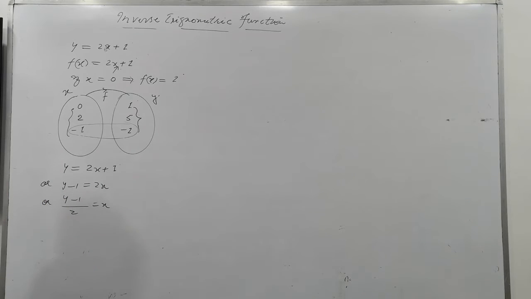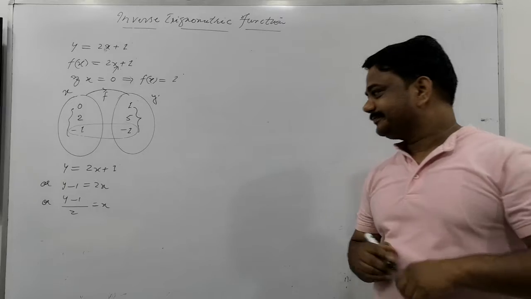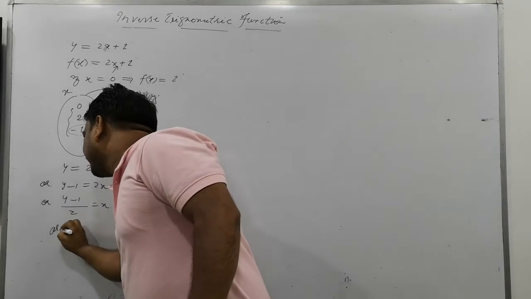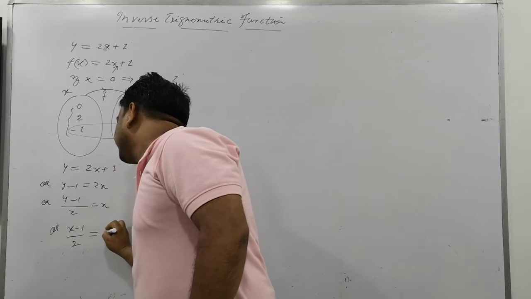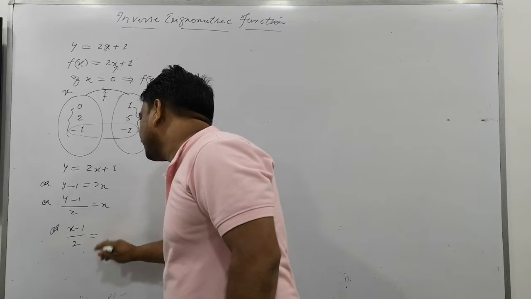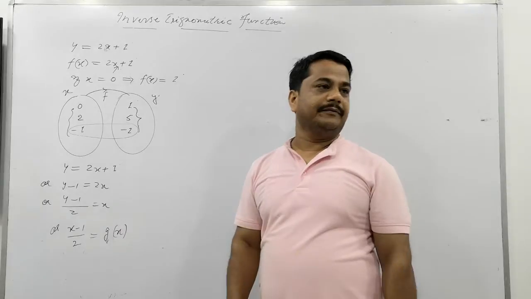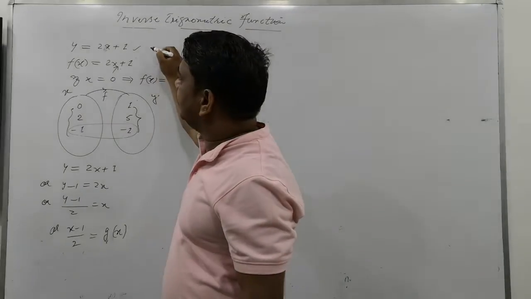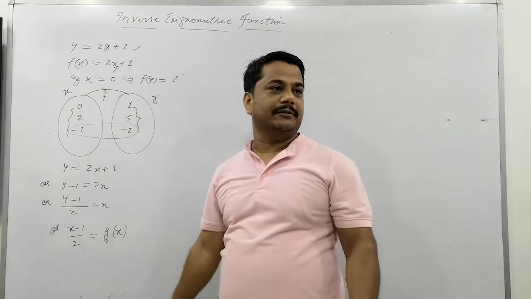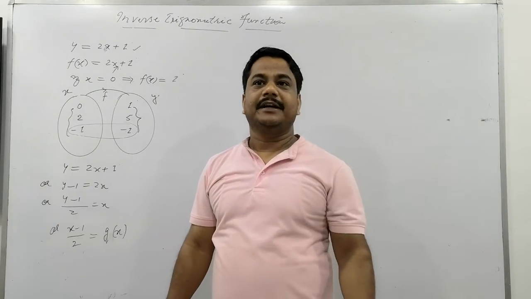We studied this recently in the previous chapter. Is that clear? Another function we have discussed here is y minus 1 divided by 2. What function is this? Linear also, this is a second linear function. If the variable is x, we can write x minus 1 divided by 2. This is another function. We can also call it the g function. The name of the function is g of x. The two functions we are imagining here: the first function is 2x plus 1, and the second function is x minus 1 by 2. The name of the first function is f, and the name of the second function is g. Is that clear? We have just two functions.